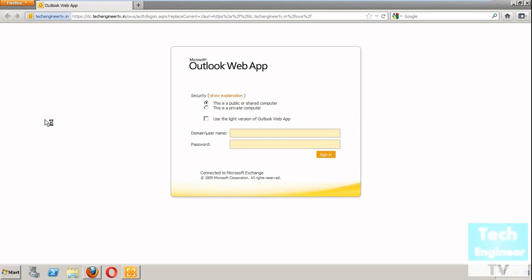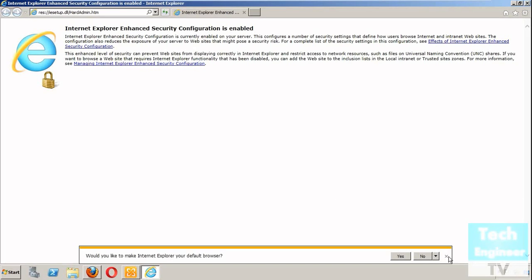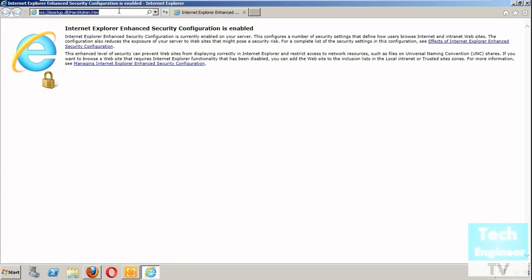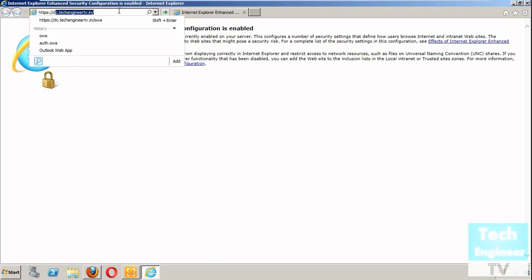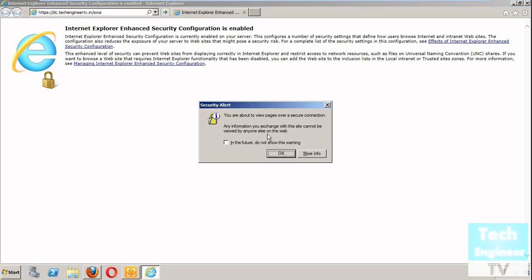Now for example, as of now, since I am using Firefox, it does not throw any error. The reason is that I have already added an exception for OWA, but basically when you use a web browser for the first time, it throws an error. What kind of error it is, let me check. Once again, I'm giving the same link, https://dc.techengineertv.in/OWA. It will throw a security error,